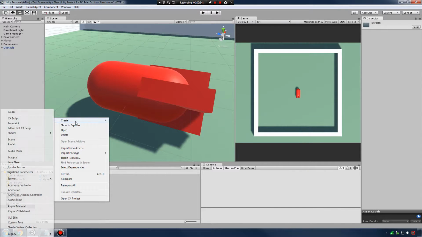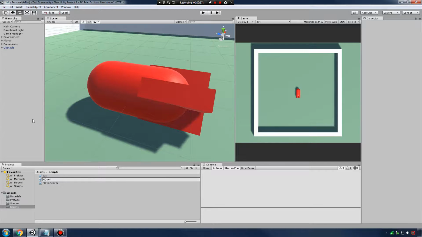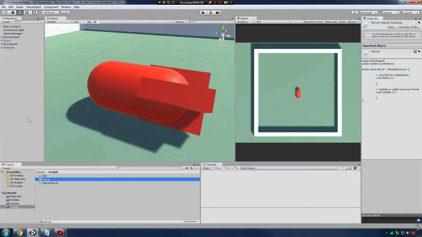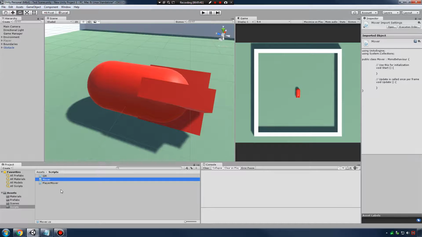Next, I need to make a mover script. We're going to just call this mover. It'll be a generic script. Hopefully we'll be able to apply it to power-ups or anything in the game that will just move in our game view. And I'm going to parent it to my obstacle